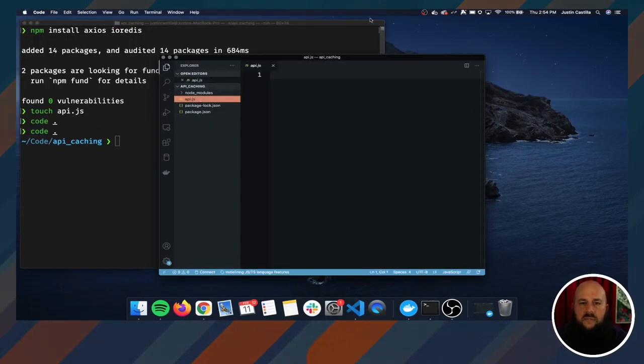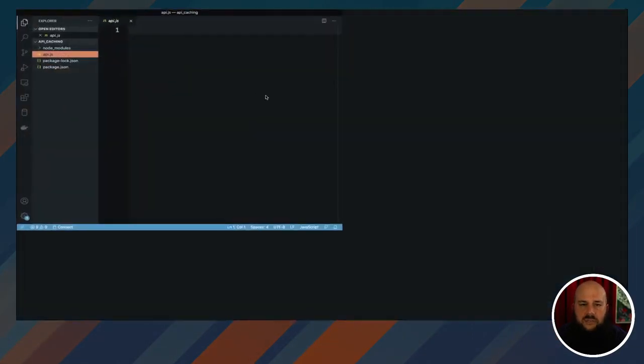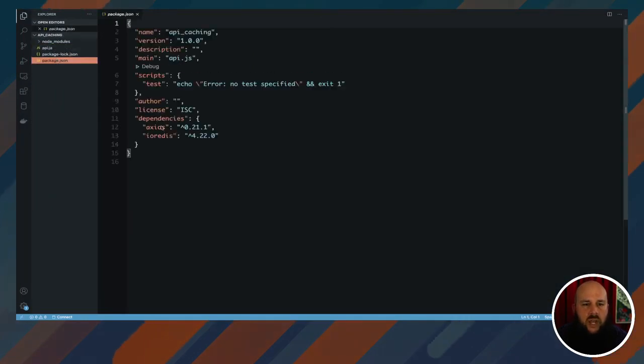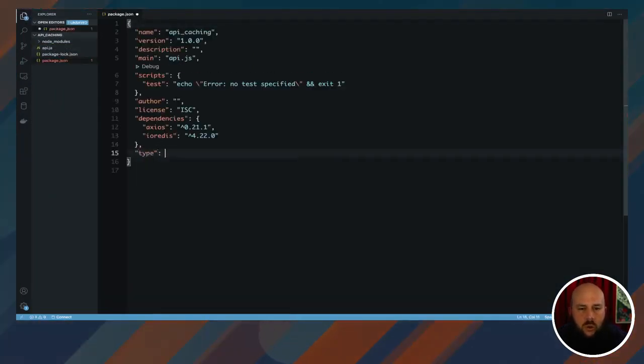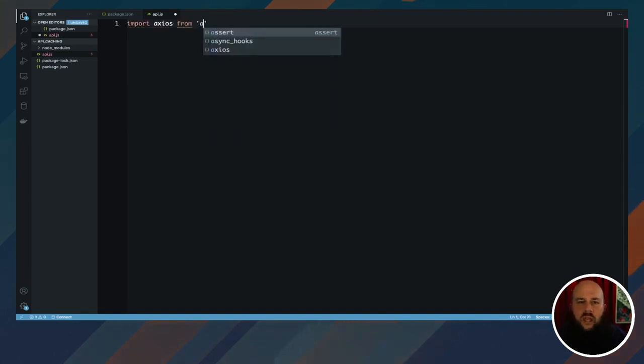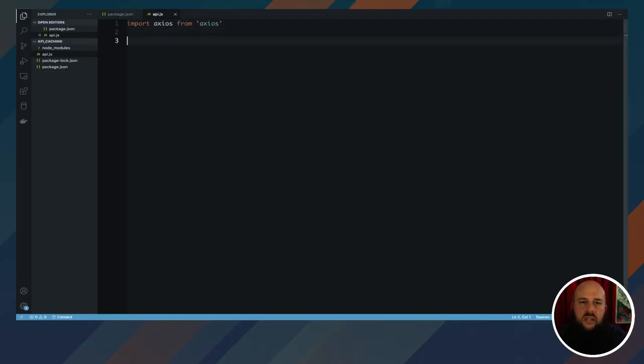All right, so now I have my api.js file. This is going to be where I write all of my code. I'm going to go to package.json and do type: module. This will allow me to write ES6 within my api.js file. All right, so I'm going to start with import axios from axios. And this is going to allow me to use my third-party library to actually make HTTP requests to my API